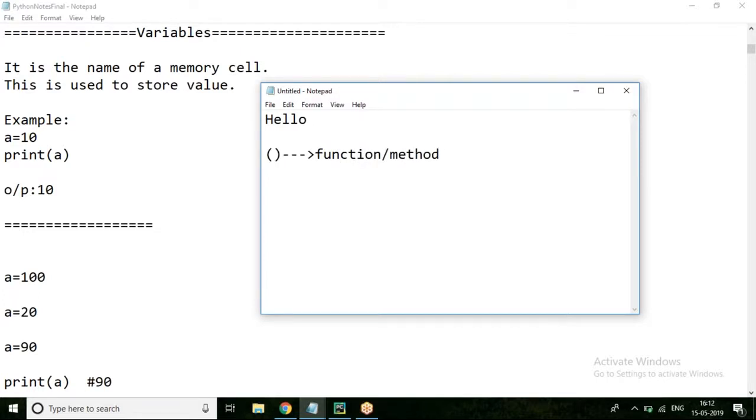So if I want to print hello onto the monitor, I will use print function. In the print function, in the double quote, whatever you do put, that will be printed as it is onto the monitor. We will try this.